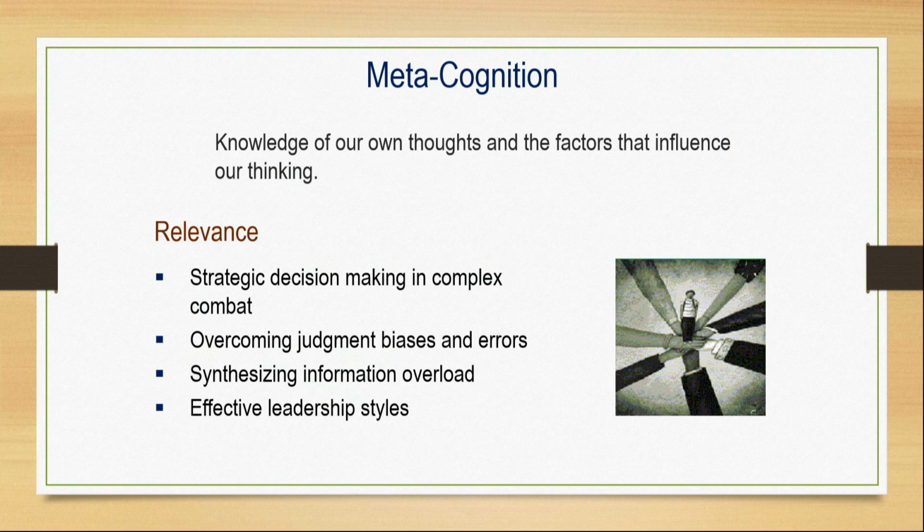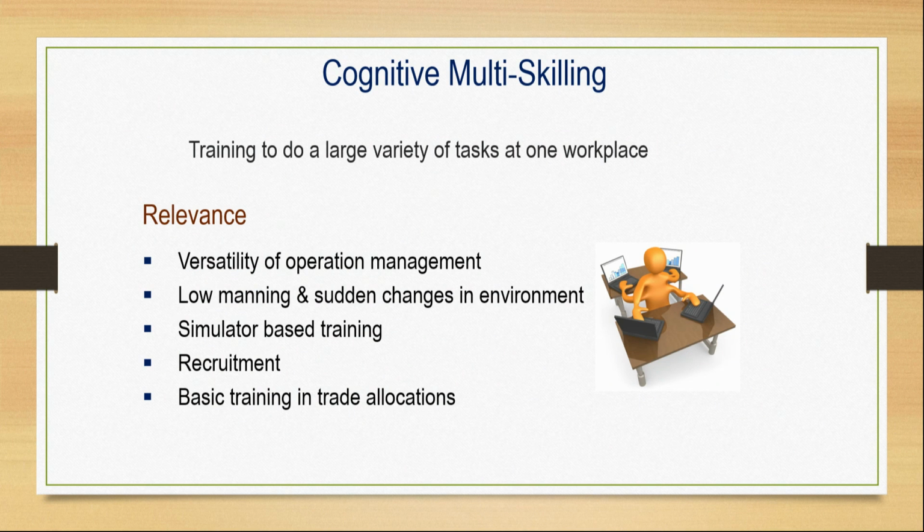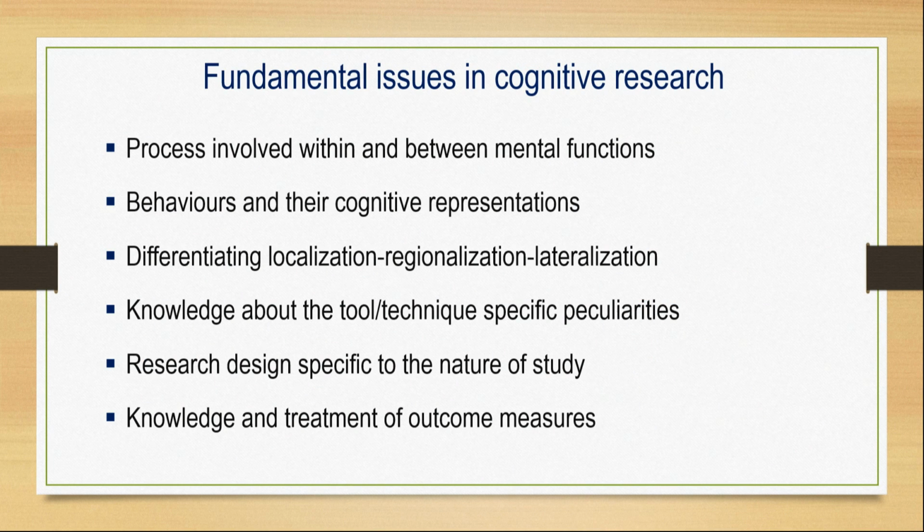We can identify by understanding his metacognitive level whether he could be a potential leader. You need leaders. So, who could be a leader? All these things we can work on. Multi-skilling also I told about it, and basically these are the issues, major issues in cognitive research. Process involved within and between mental functions. We have to identify behaviors and their cognitive representation has to be understood appropriately, and differentiating localization, regionalization and lateralization